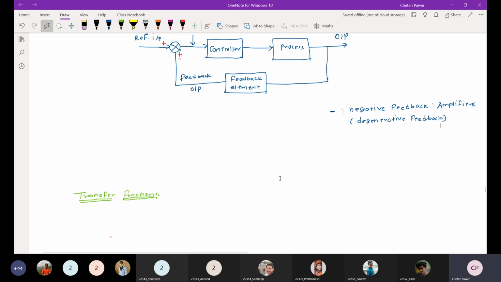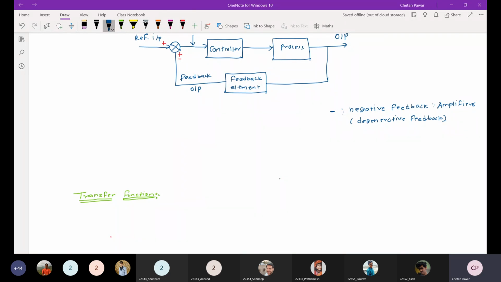In some applications they use both feedbacks, negative as well as positive, but generally in such a system the feedback which has the larger effect determines the system type. For example, if positive feedback is greater than the negative feedback, that system is considered a positive feedback system. If the negative feedback is greater than the positive feedback, that system is considered a negative feedback system. Such an example you will also see when you study operational amplifiers.